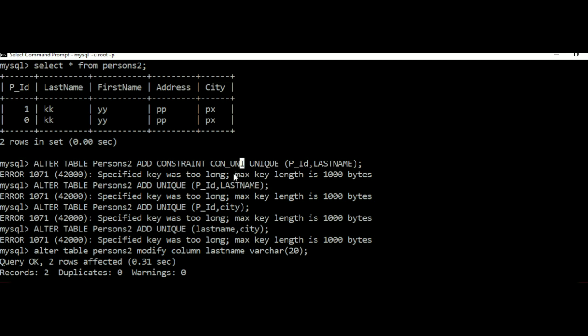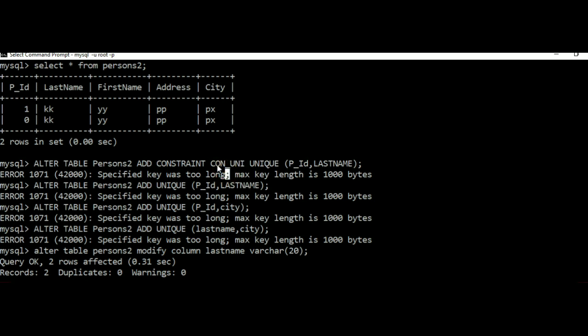Okay, so in order to differentiate between the different types of constraints, it is always advised to give the constraint a name by specifying the following syntax. What is the syntax? ALTER TABLE table name. Now what we are doing, you are adding a constraint, right? So ADD is a keyword, CONSTRAINT is a keyword, and now you are giving a constraint name. This is a user-defined name, so it must be given as a meaningful one.